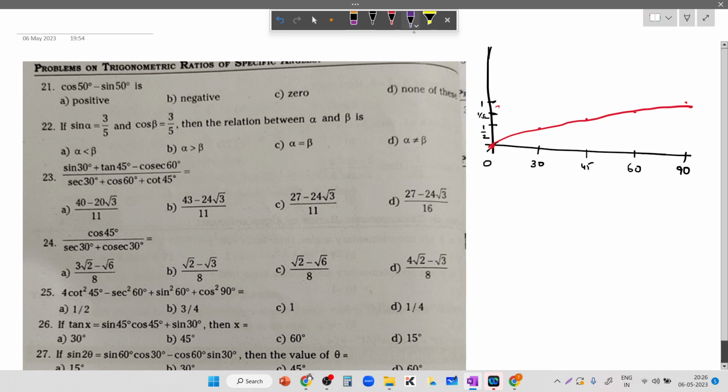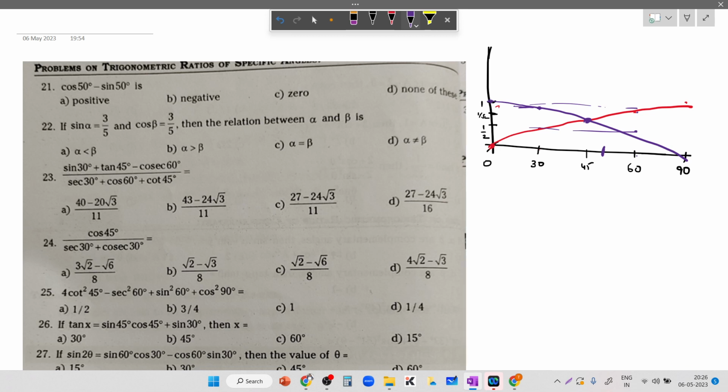Whereas cos decreases. Cos 0 is 1. Cos 30 is root 3 by 2. That means here, same as this. Sine 60 is root 3 by 2, cos 60 is 1 by 2, and cos 30 is root 3 by 2. Cos 45 is 1 by root 2, that means they will intersect. Both are the same at 45 degrees. And cos 60 is 1 by 2 here. So cos 90 is 0 finally. Now at 50 degrees, somewhere here,